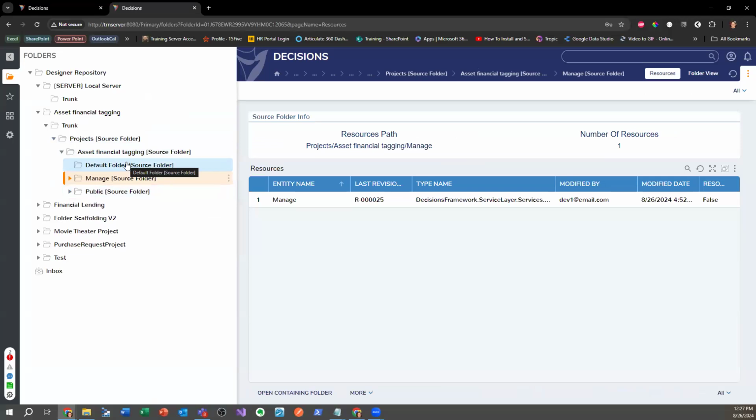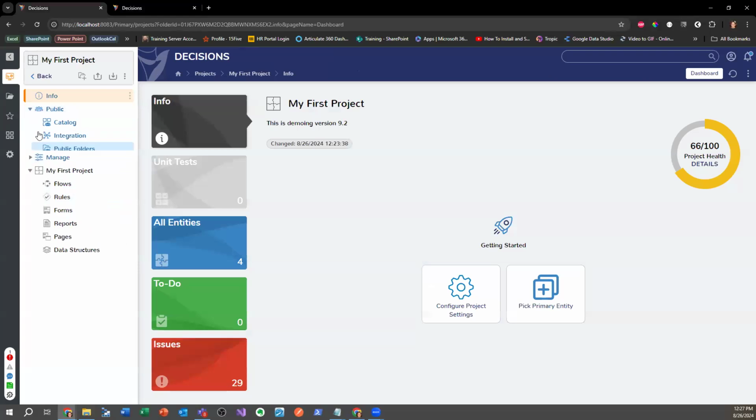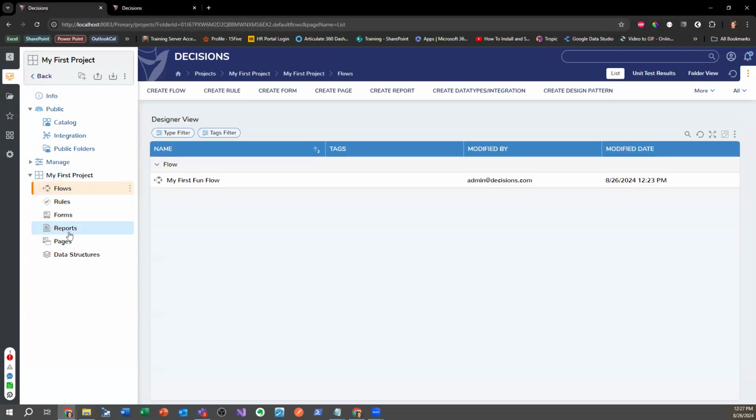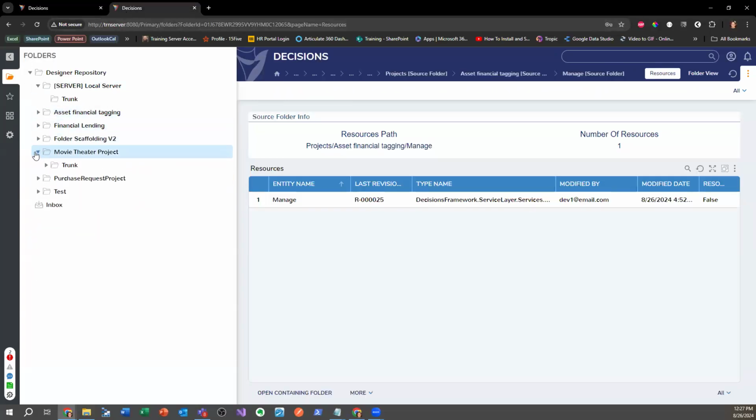That's all that happens when you add a version 9 project into a version 9 repo server: you get this extra public source folder, which makes sense because in version 9 we leverage these types of public folders that you see right here for the public, for integration, for catalog, and then also the different default designer project folders that we have for that version 9 project. But other than that, there is no difference in the version